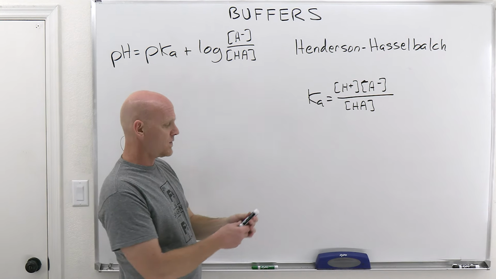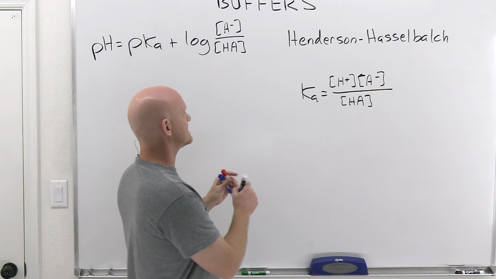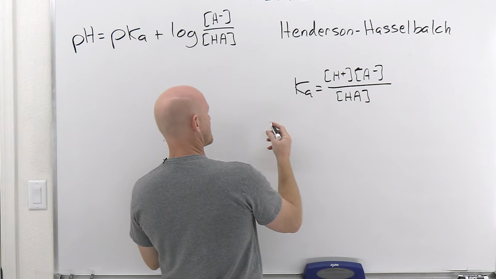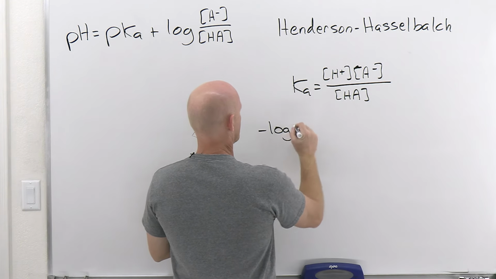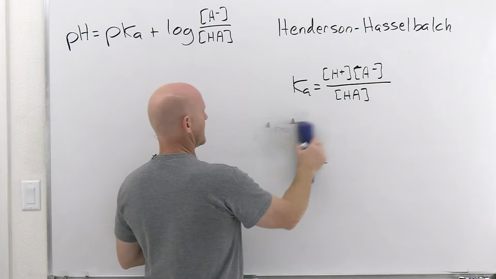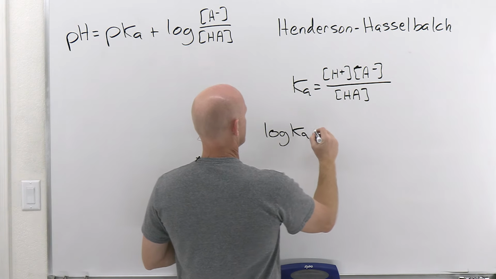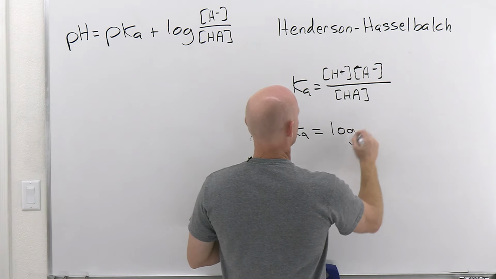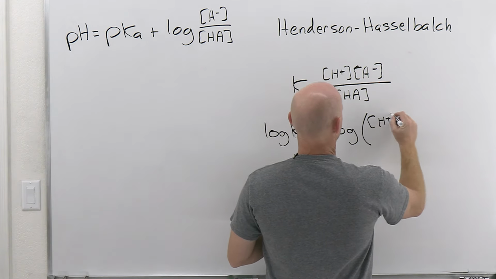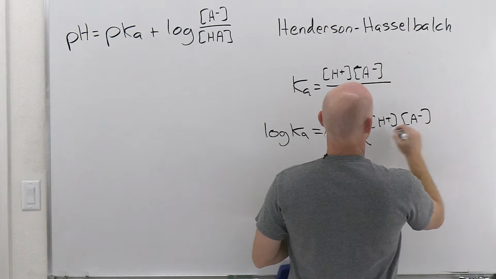So if you look at where it comes from, what we're going to ultimately do is take the negative log of both sides of that Ka expression. So we're going to do negative log. You know what? In fact, let's just do the log of both sides. We'll rearrange it. So we'll do the log of the Ka equals the log of the H plus times the A minus